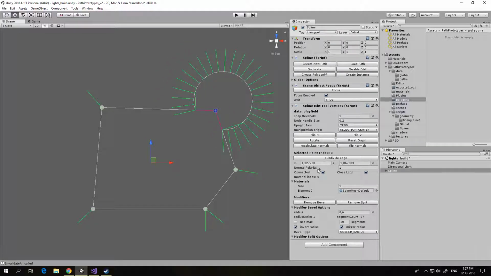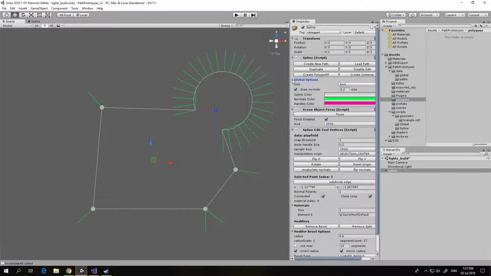And currently the units I'm using are inches. You'll see there's a global options here where you can stipulate millimeters or inches, and you can change the normal size, and also some of the colors for the drawing options of the spline, like the normals and the handle colors, etc. So there's another button here you can see, which